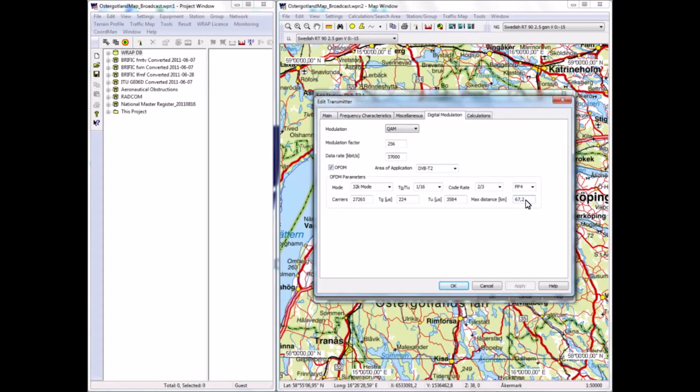So if transmitters are more than 67 kilometers apart in an SFN, there will be some interference contribution,